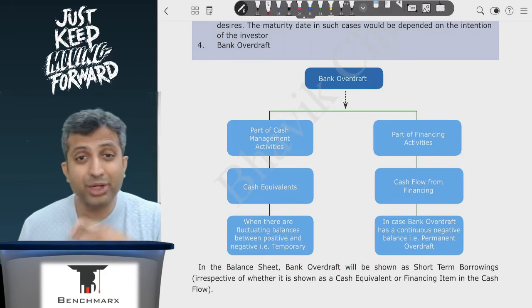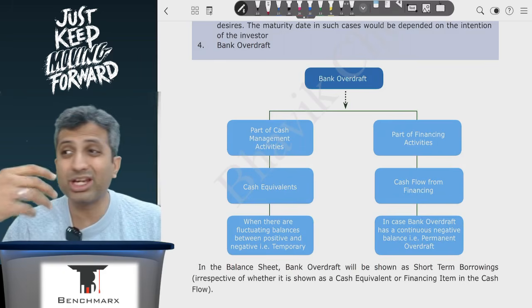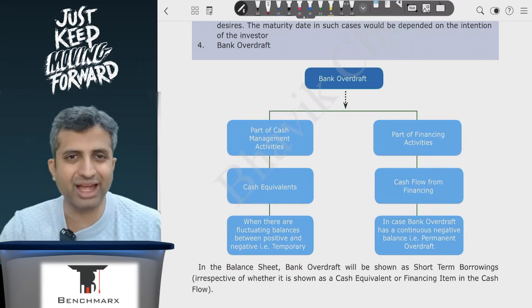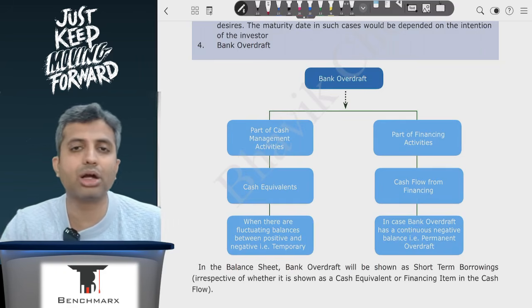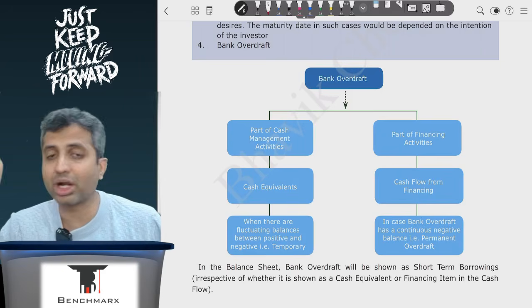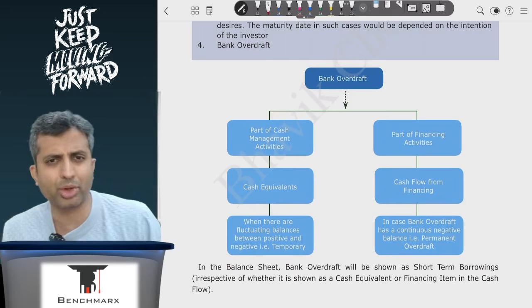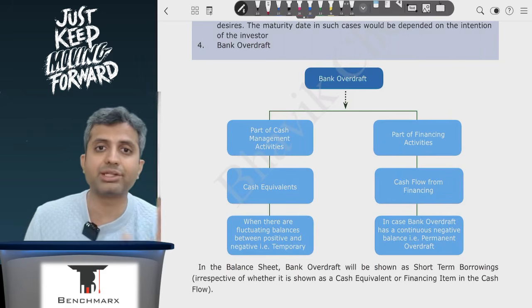So over here, to prevent such an eventuality, we will say that okay, as a part of my cash management activities, I don't need to finance or borrow money for buying assets. But if, let us say, in one of the slack seasons, there is a big payment, I don't want the check to bounce, and hence I'm using an overdraft facility. So this overdraft is a temporary overdraft, and maybe in one of the months it is an overdraft, other months it is a positive balance. In such cases, overdraft is a part of my cash management activities, and hence that overdraft will be a part